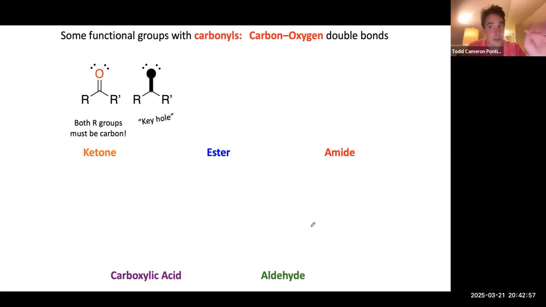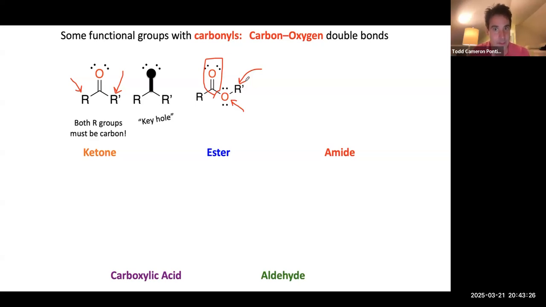So what a carbonyl is bonded to is important. In the case of a ketone, both this group and this group have to be a carbon. They can't be a hydrogen. They can't be an oxygen or a nitrogen. Because if one of them was an oxygen, you'd have an ester. So an ester is when you have that carbonyl motif right here, and then it's directly bonded to another oxygen. And that oxygen then is bonded to another carbon. So then it